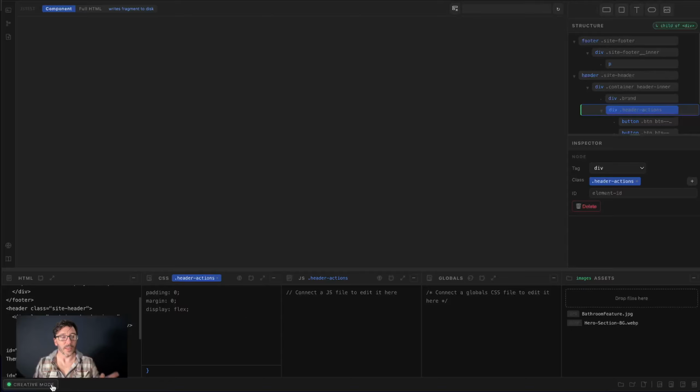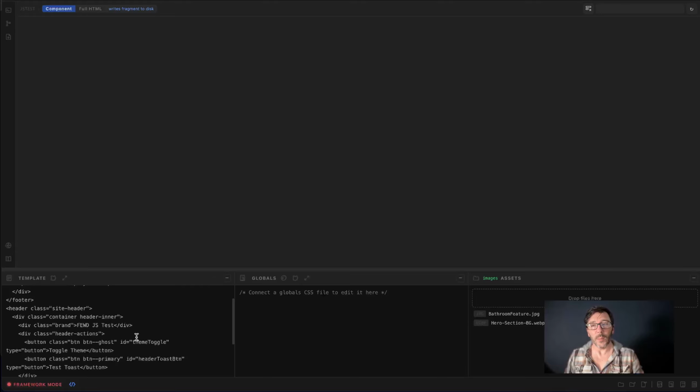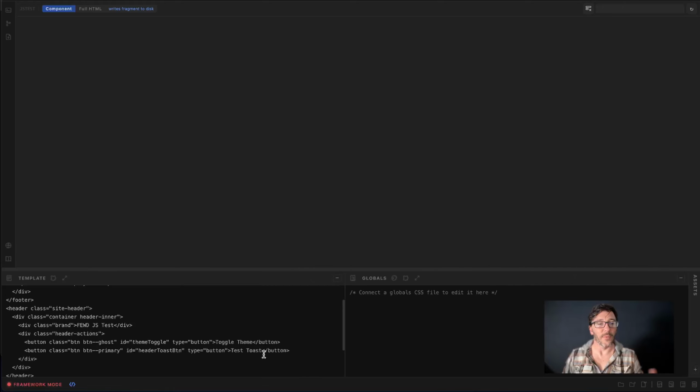I think that's pretty much everything, apart from to say we've got creative mode here, and then we've got framework mode. Now, framework mode is what's going to happen when you connect to an Astro file. The free version that you may have used can have a little bit of an issue with Astro files with the different syntax, and the reason for that is because these are plain text. It would be nice if these were always syntax styled, but the nature of the back and forth on these ones, it's live updating a browser, and it's taking in all of the